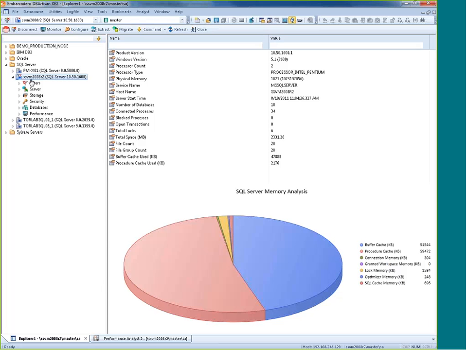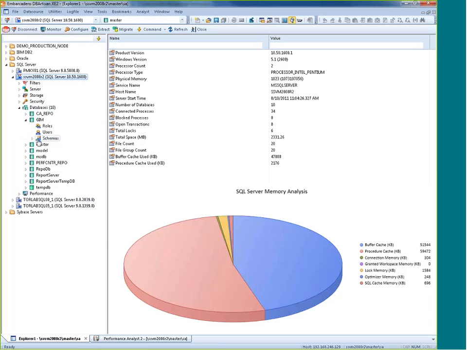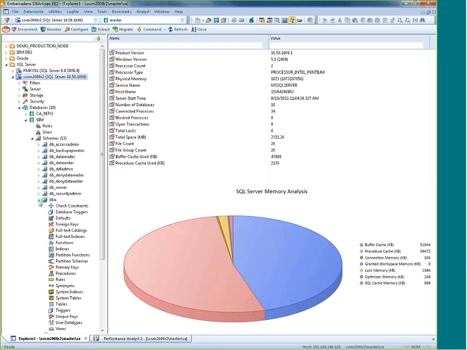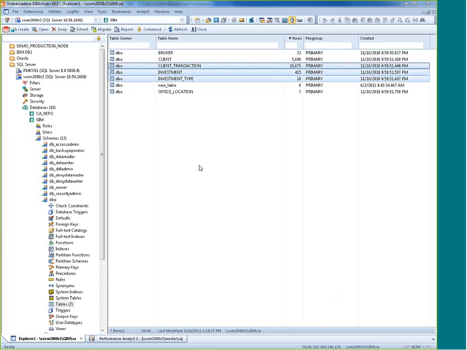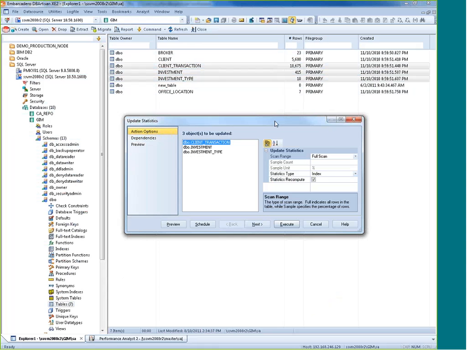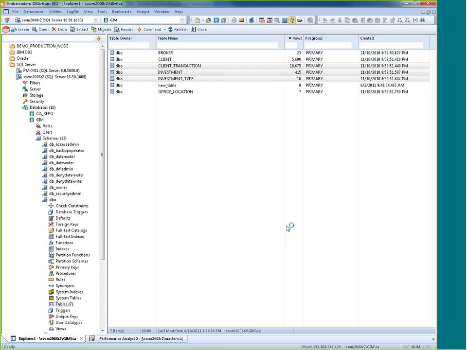So here I'm connected to 2008 R2. I can look, again, very similar to what our database development tool looks like. We can drill down here, and unlike the database development tool, when we select the object here, we're able to look at the objects displayed over in the right-hand pane. We can do multiple operations on this. If we need to update statistics to ensure that we don't have stale stats on the objects, we can simply highlight the ones we need and then execute, and the product will go ahead and execute the